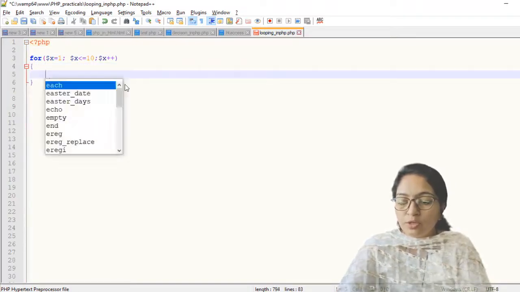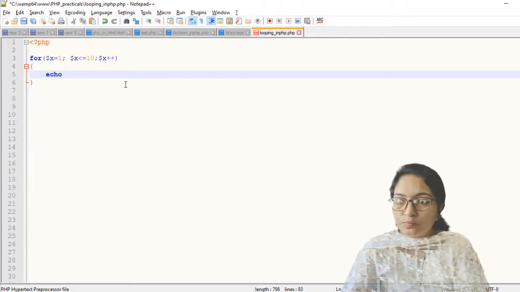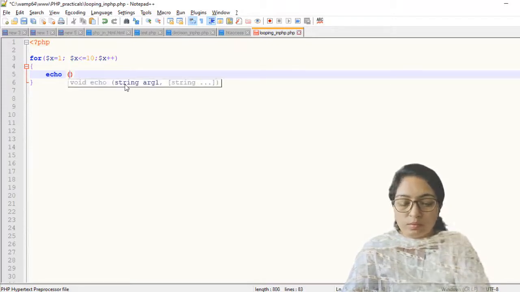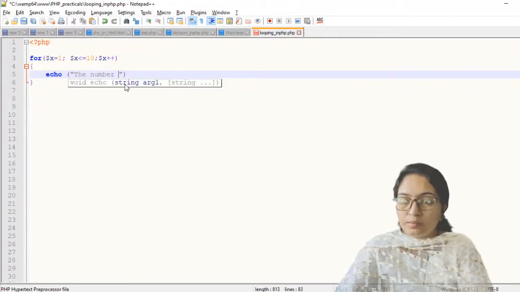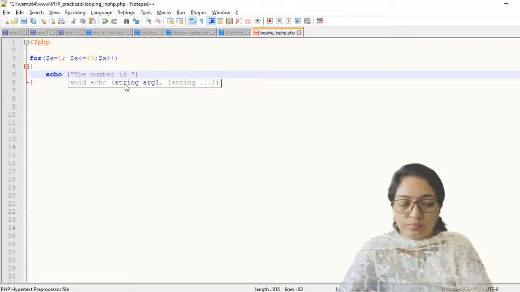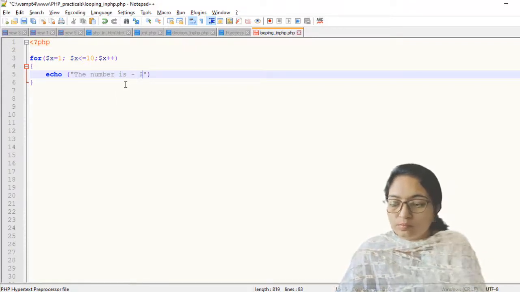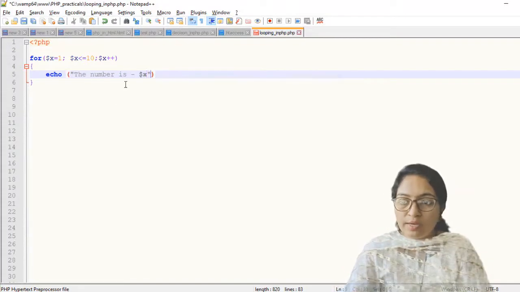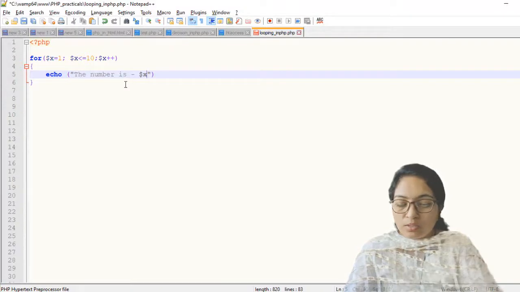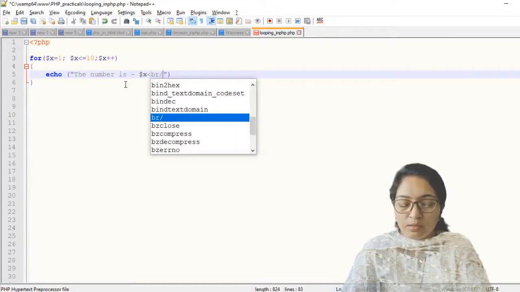Now in the body portion, write echo "the number is" $x. So every time it will print. Now use the BR, so it will print each and every statement on a new line.